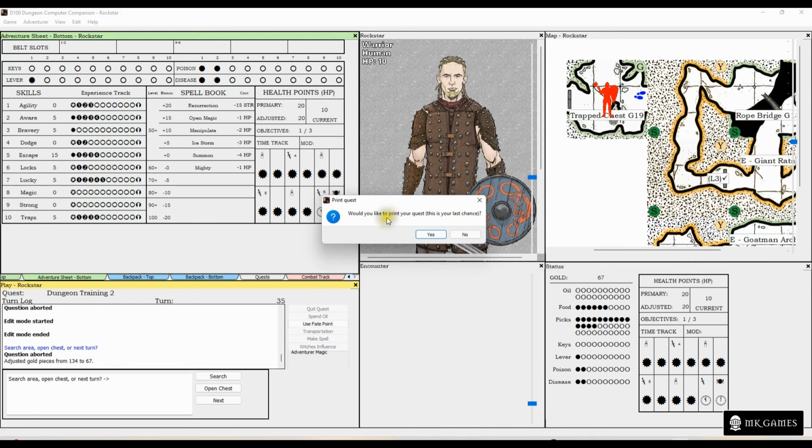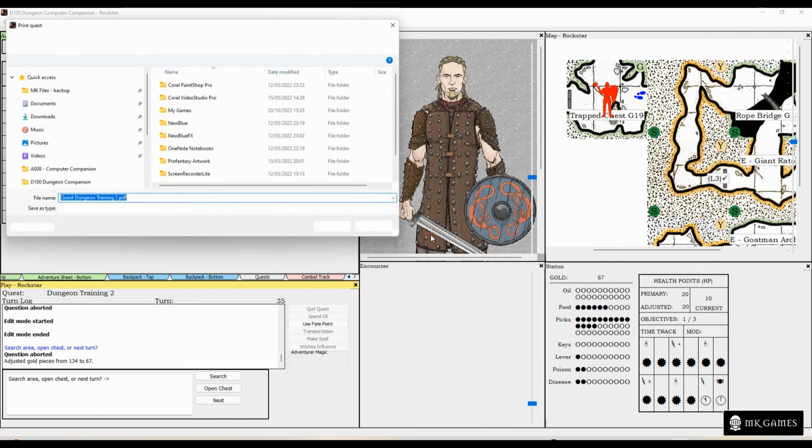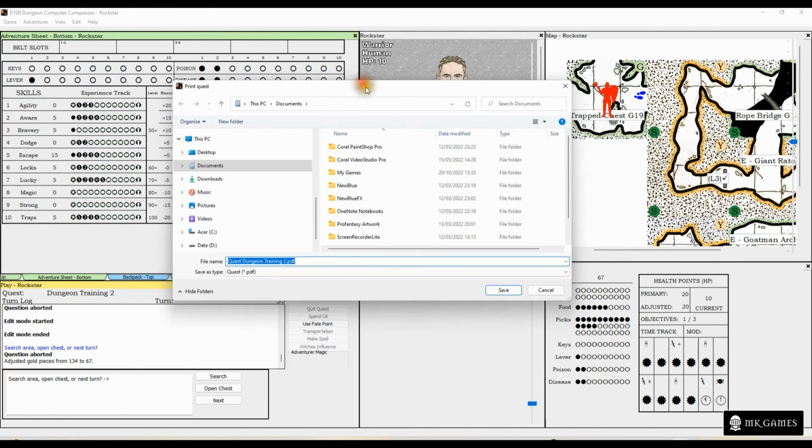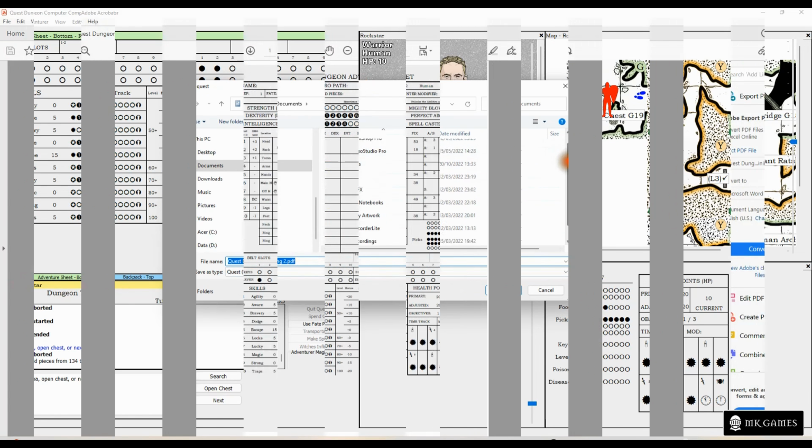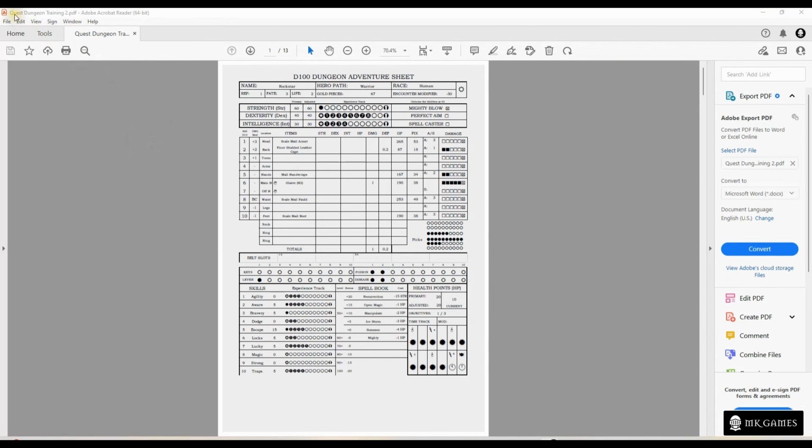The software, the computer companion, is going to actually make a detailed log of all of the adventure that's happened, and it's going to put it in PDF format. So I'm going to click yes, and it brings up this window here of where to store it on your hard drive. So I'll go ahead and find somewhere to store it, and then we'll open up the PDF and just have a look at what that does. Okay, so you're given the option of what to call the PDF that you save. I've kept it as the recommended, which is Quest Dungeon Training 2,